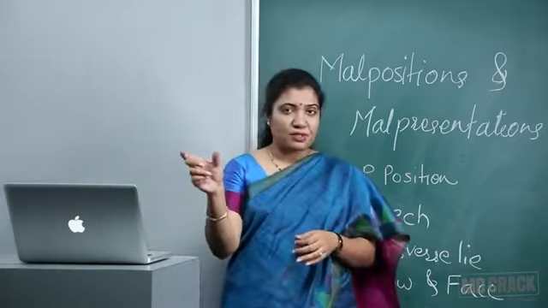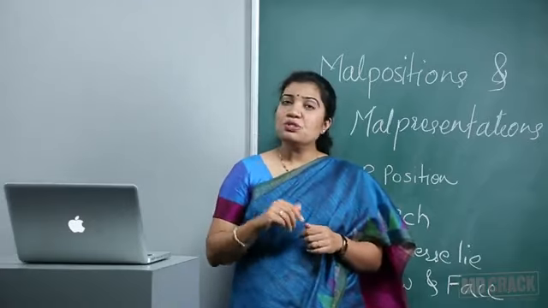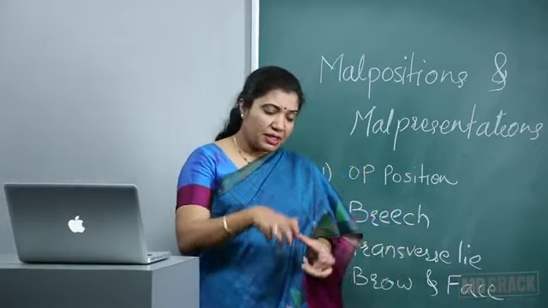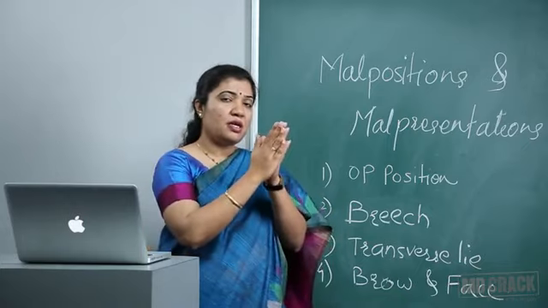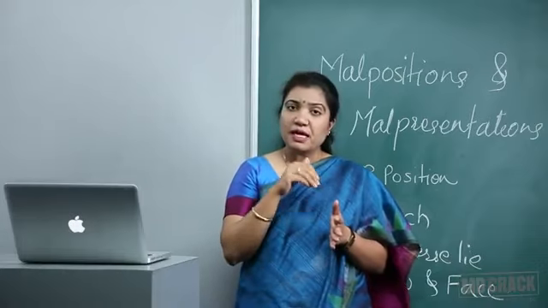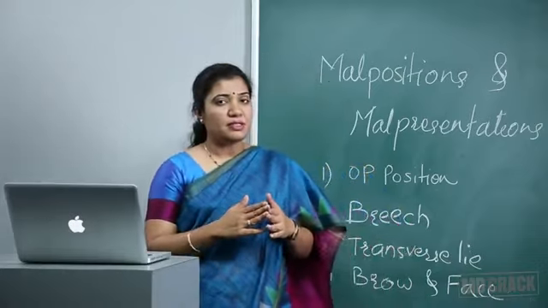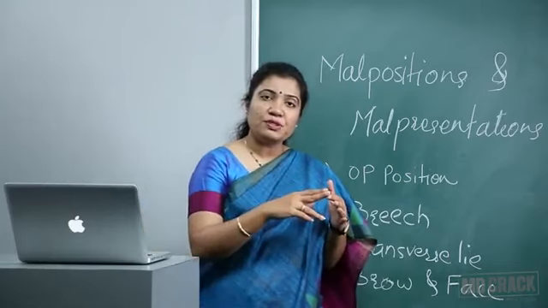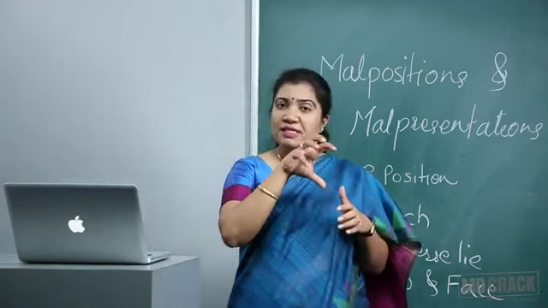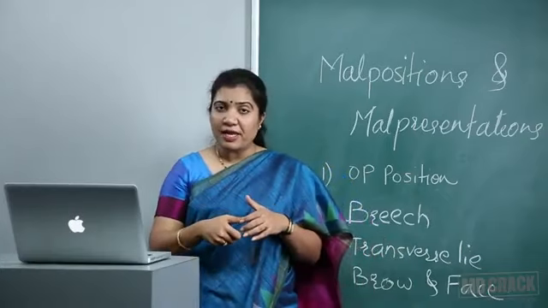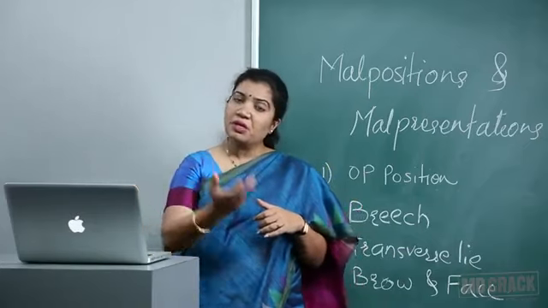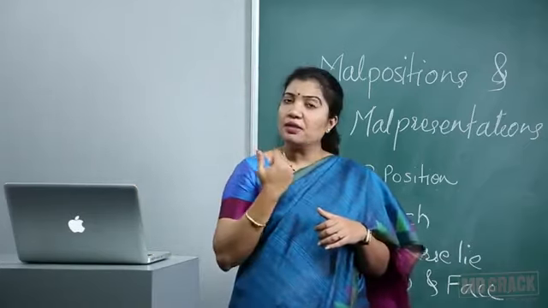Pinard's, P for popliteal fossa. Remember this. So Pinard's is used in frank breech to deliver the extended leg. In that case, if buttocks are delivered but the legs are extended and it's very difficult to flex the limbs at the knee, then in that case we put a hand inside, 2 fingers are put in popliteal fossa and we cause flexion at the knee joint along with abduction. This movement releases that limb and then the limb gets flexed at knee joint. We hold the ankle and deliver the complete limb. Similar on this other side and the other limb can be delivered.